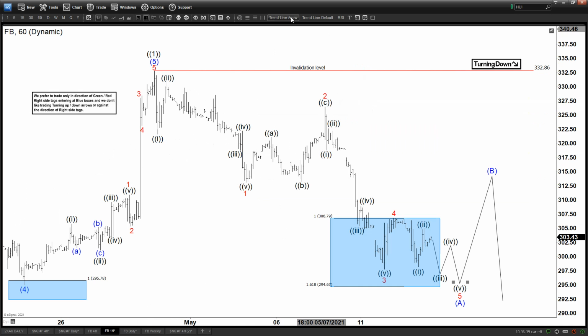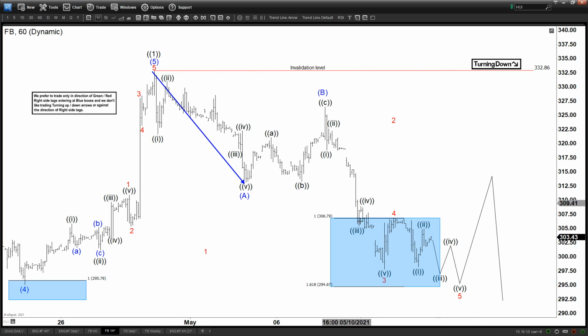We can call this an ABC. So instead of 1, 2, 3, it could have been your ABC, and you upgrade the degree here. And now we reach the equal leg, and it could have ended C here and then starts to rally again